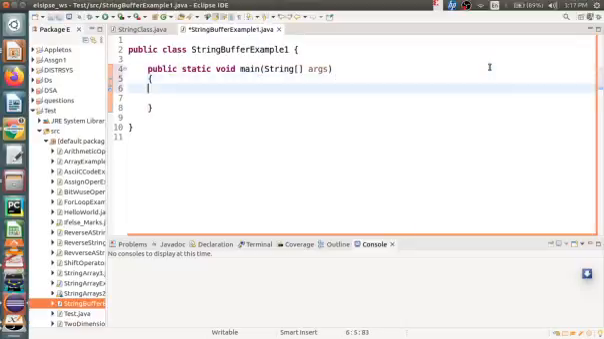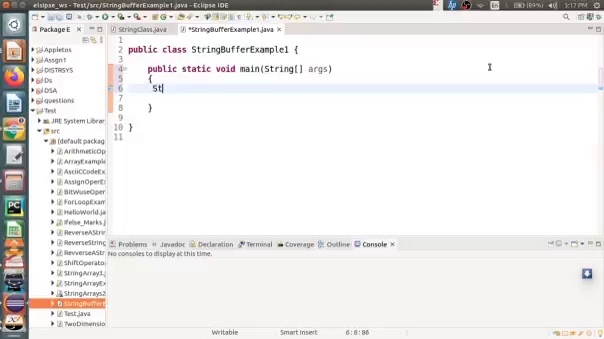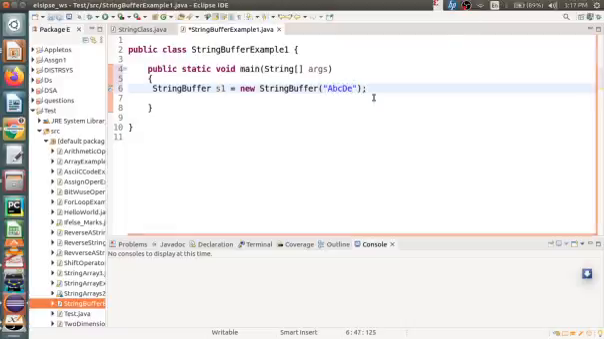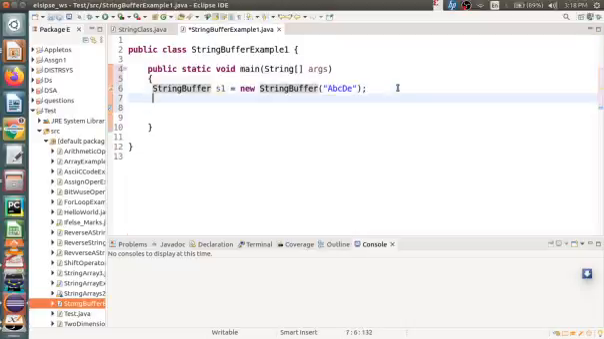Okay, now how to declare StringBuffer. s1 is equal to new StringBuffer, and this is our A, B, C, D, E. Okay, so this is our input string. So I have declared StringBuffer class s1 is equal to new StringBuffer. So now, whenever I have created this